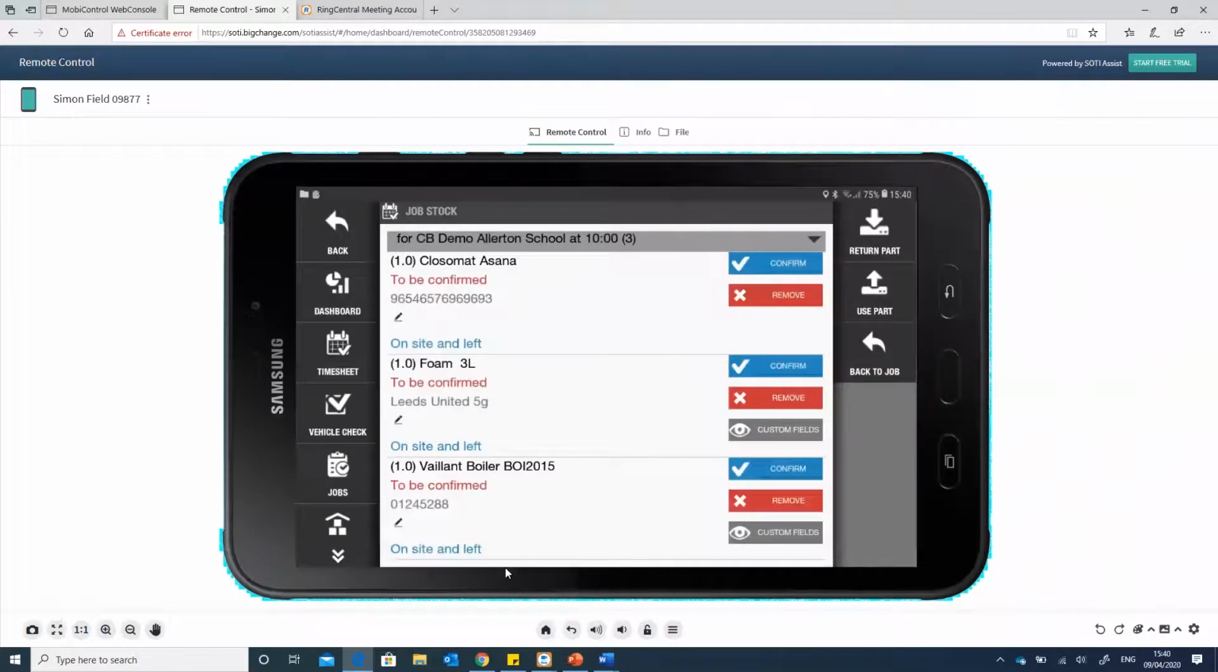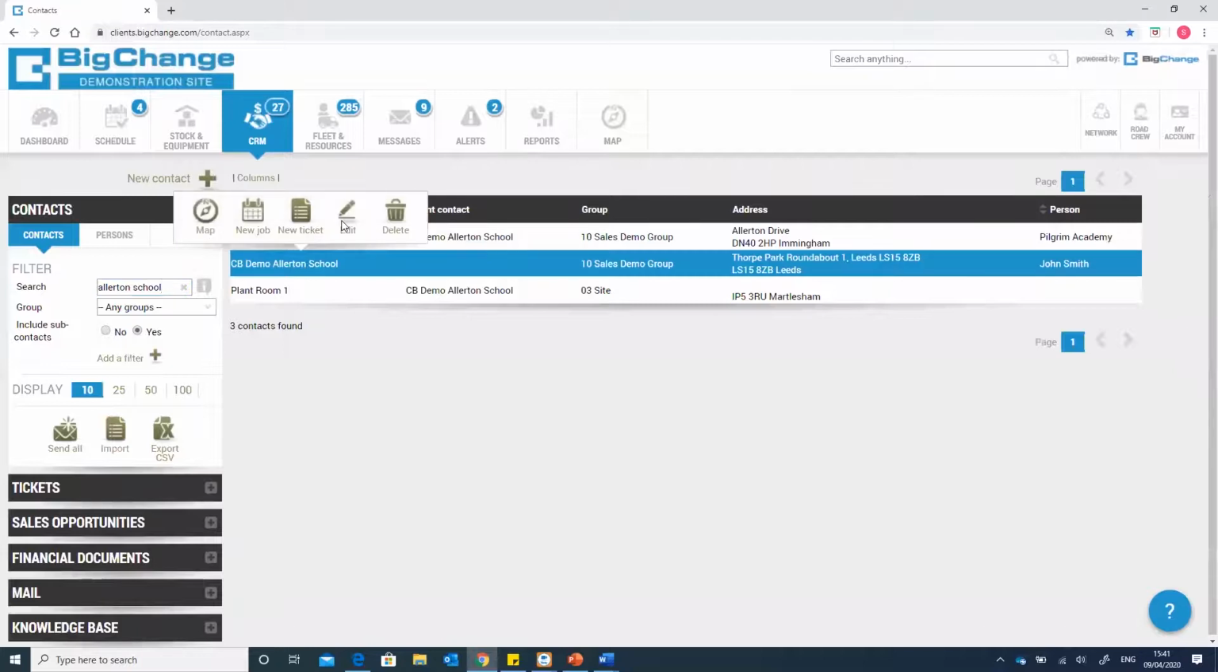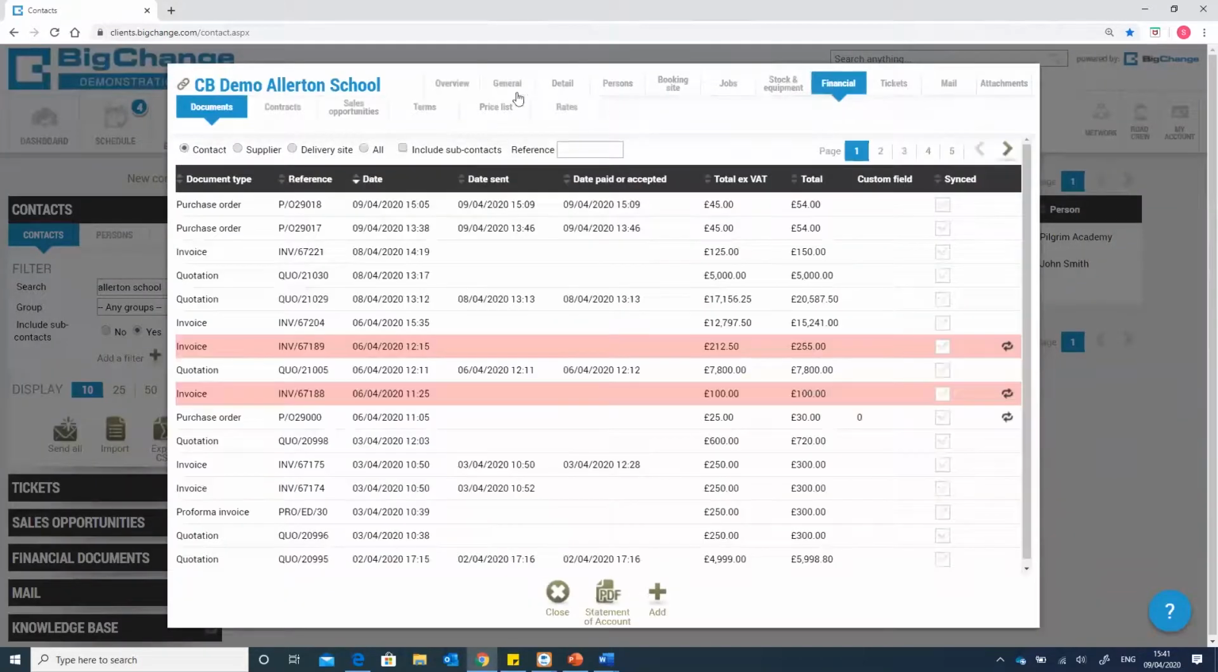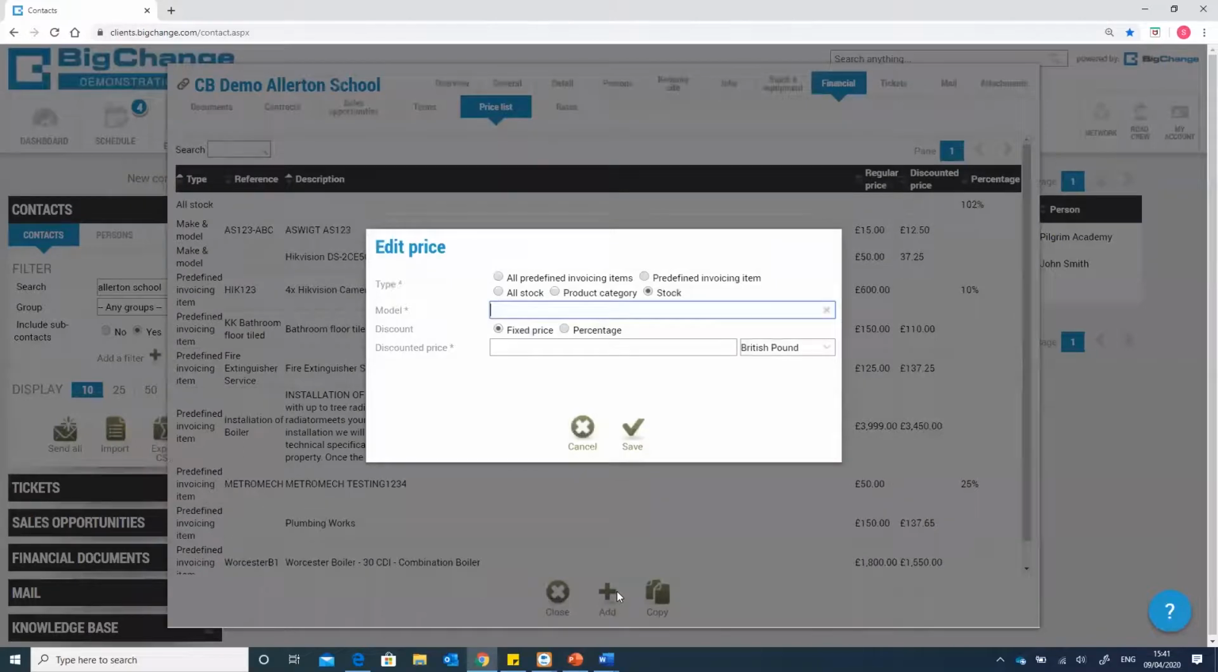Okay, perfect. So the final thing I'm going to go over today is touching on financials. When stock is used on a job, you might have a preferred rate or an agreed rate with an individual customer. So what we can do is we go into Allerton School again, we go to financials. We've got the ability to add price lists. Now, we can see for a particular piece of equipment or all equipment, we've got the ability to say, right, for all stock or a particular piece of stock, so let's say the foam 3 litre,